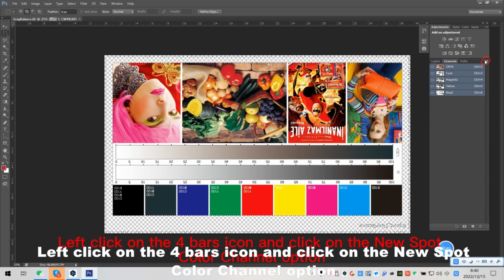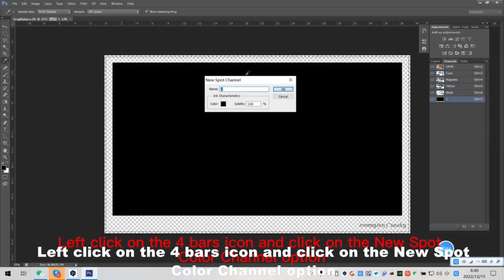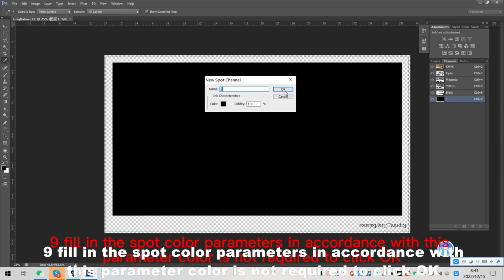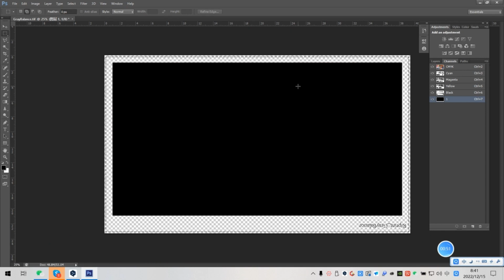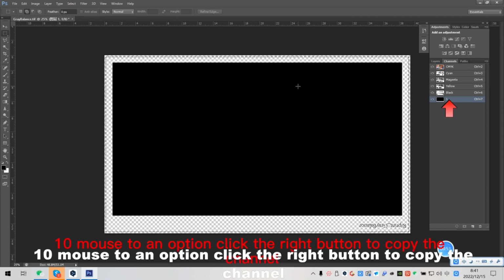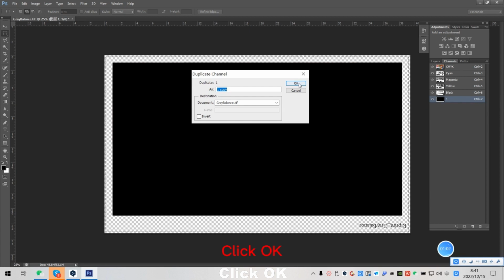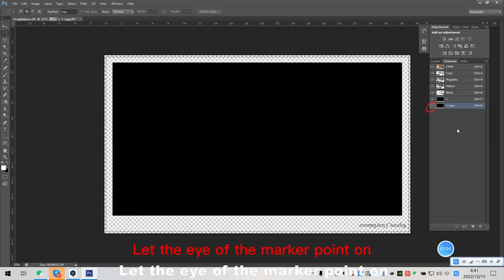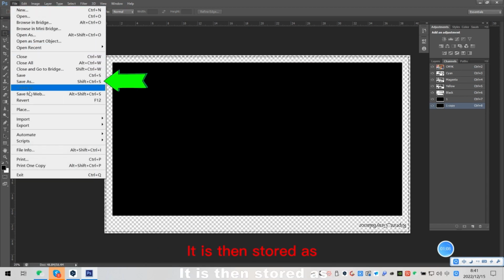Select the Channels option. Left-click on the four-bars icon and click on the New Spot Channel option. Fill in the spot color parameters in accordance with these parameters; color is not required. Click OK. Right-click to copy the channel. Click OK. Let the eye of the marked channel be on. Click on the File option. It is then stored as